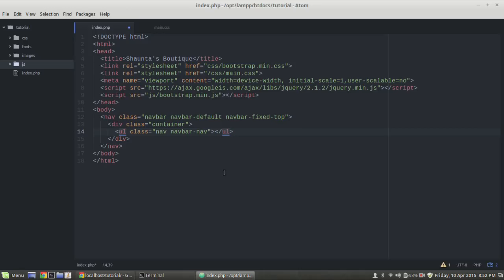You end up getting into a lot of nested divs and things like that with Bootstrap, and in general you do too. So inside of here, each one of our elements are going to go inside of a list item, and the list items are going to have a class of dropdown. We're only going to put one dropdown in here for now because later we're going to dynamically generate these dropdowns with PHP. So inside of our list items,